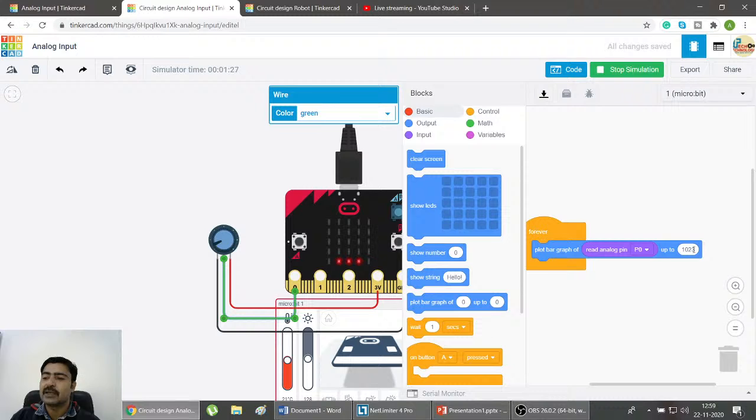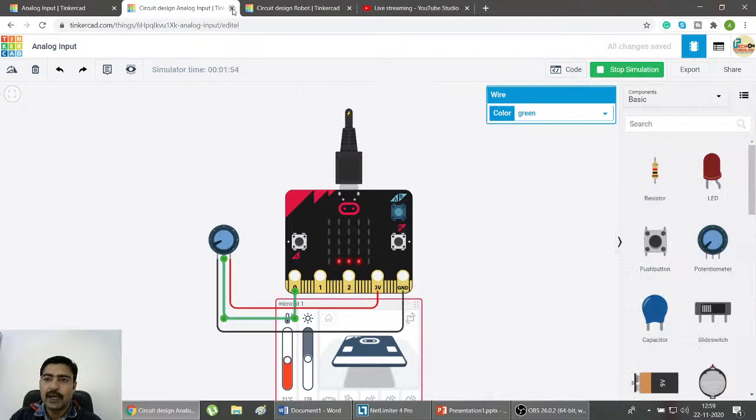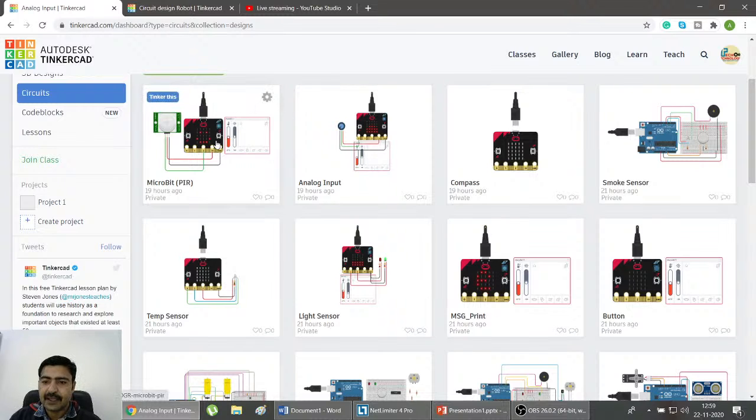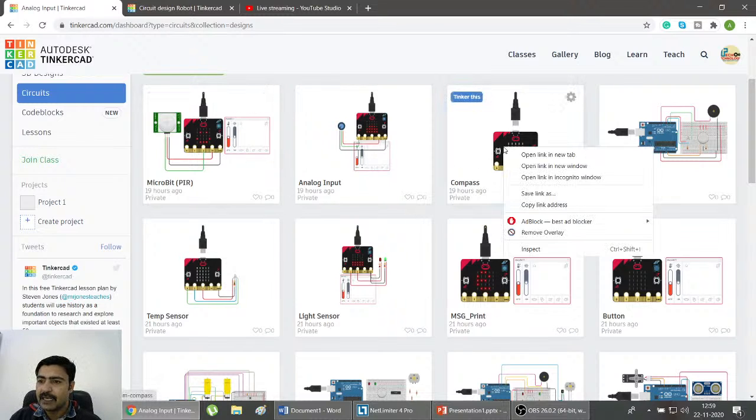Take a look at what is 1023. What is 255, 0 to 255, 0 to 1023. Check it there, writing on Google 1023 in Arduino, and you will get an idea about this. So this is a simple program which is running forever. So whatever analog value will be read at P node will be displayed on the graph. Now moving to another application, which is